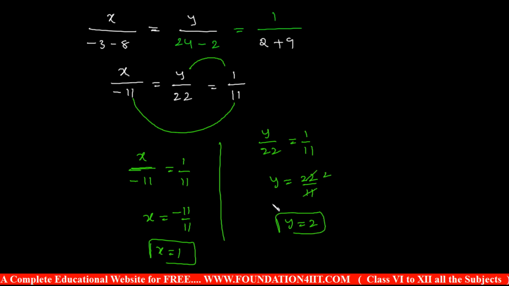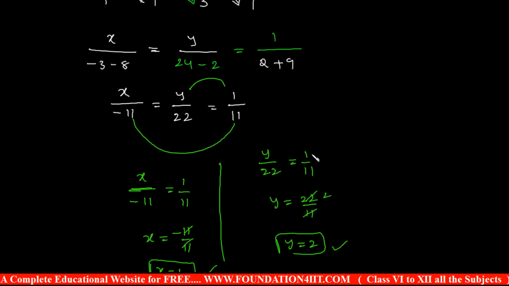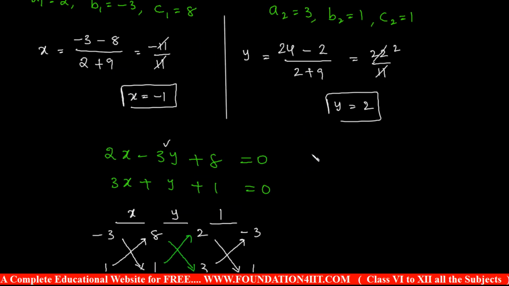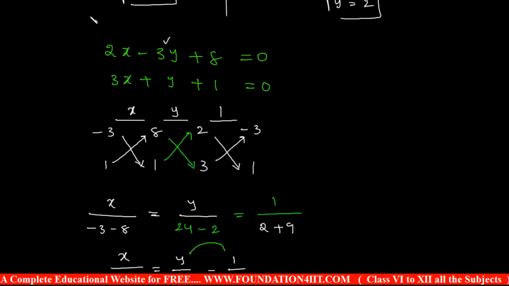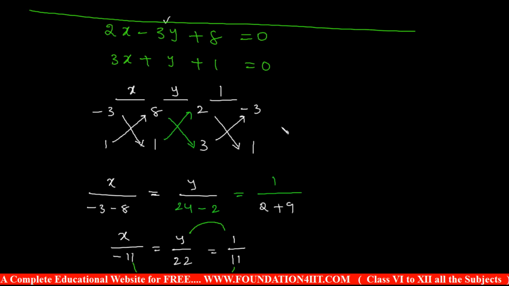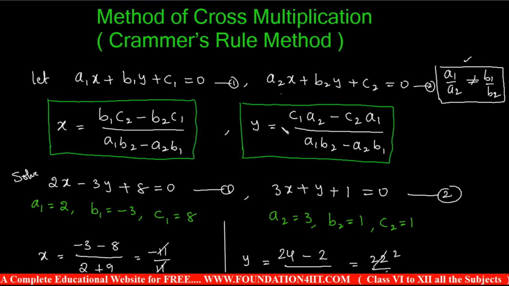Okay, 11 ones are 11, 11 twos are 22. Here also 11, 11 cancel. No? x is 1, y is 2. We got the same. Same formula, there is no difference. You can use the formula, otherwise directly this is the concept you can apply by arranging the coefficients in this way. So this is one alternate. The same formula they also made like this one. Otherwise you can remember this system of linear equation solving. These are the simple x and y formulas. Just 1-2 times of practice is easy.